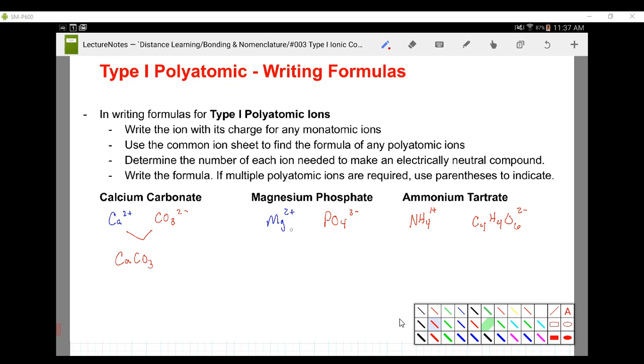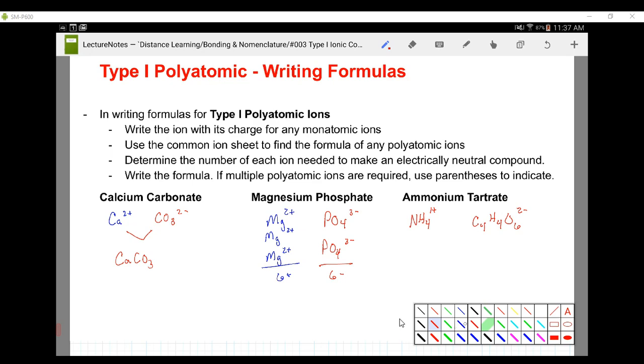For our case of magnesium and phosphate, like we did in the binary examples with things like aluminum and oxygen or gallium and sulfur, we cannot make a 2 into a 3. We need to find a common multiple for each of those. It's going to be 6 in this case. So magnesium 2 plus, three times, gets me to 6. To get phosphate to 6, I would need 2 of those. So 2 different PO4 ions,